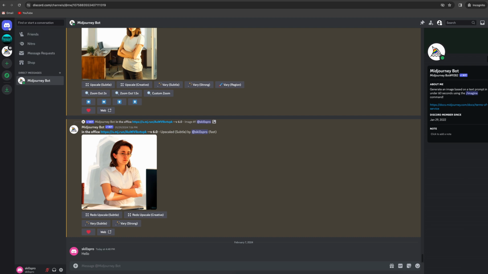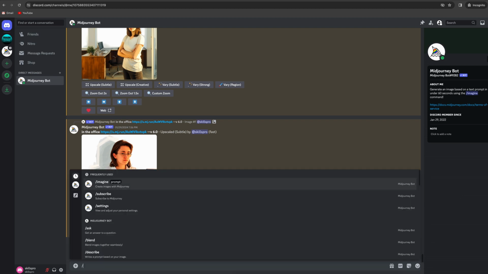Alright, now that we've got that settled, let me show you how to generate an image and how Midjourney really works. Midjourney works with commands and prompts that it understands and waits for from the user. You need to enter the command in this message field. All Midjourney commands start with a slash symbol. Make sure to include it, or Midjourney won't understand you. After you type in a slash, Midjourney offers a hint with three main commands. These are commands for generating images, settings, and managing subscription.